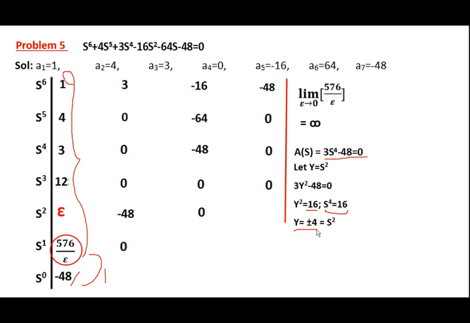So y is equal to plus or minus 4. That is equal to s square. So can I write s square is equal to plus 4 and s square is equal to minus 4? Because there are two roots. So s square equal to plus 4 means the roots for this are plus 2 and minus 2. These two are the roots. Next, s square is equal to minus 4. For this we may get another two roots. So for s bar 4 we got 4 roots: plus 2, minus 2, plus 2j and minus 2j. 4 roots we obtained. So these are the imaginary and real roots.